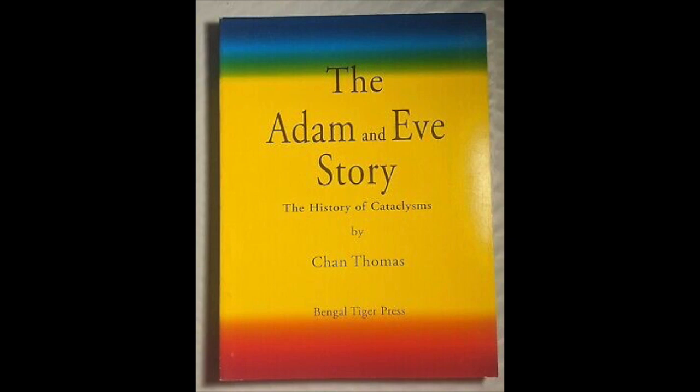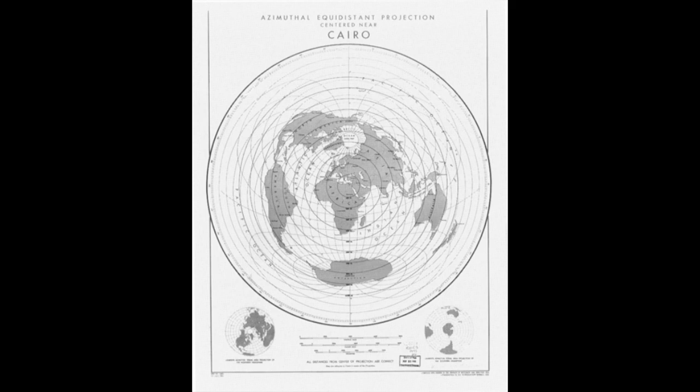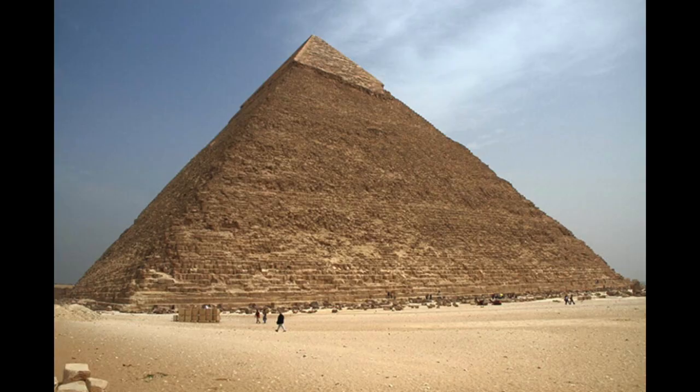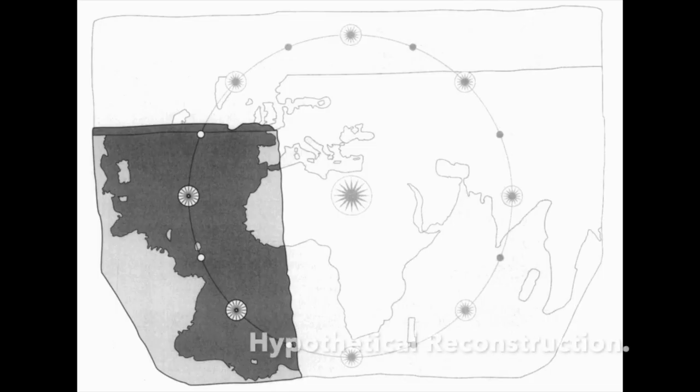So for number 16, that the Piri Reis map shows the North Pole in Egypt. To my knowledge, Hapgood never suggested that Egypt was once the North Pole. Rather, he suggested the pole was somewhere in Canada, and that it had shifted several times over the last 10,000 years. In Chan's book, also, he never suggests the North Pole was ever in Egypt. He states, and I quote, and you can read the full book at archive.org. I found it there, the 1993 version, and it's brilliant. He says on page 28,